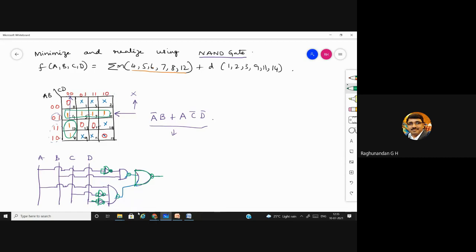Okay. So if you are going to verify this, you can check. You'll be getting back the same equation. Okay, this is how we are going to do it. These two are the peculiar problems. If you get the toughest question paper, you'll get this kind of problems. Other than that, the rest of the problems will be similar.